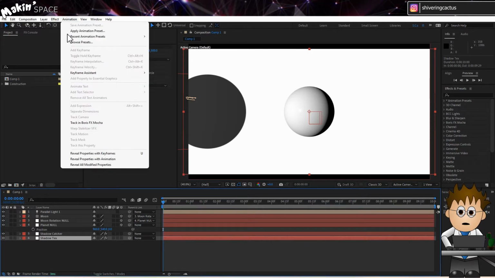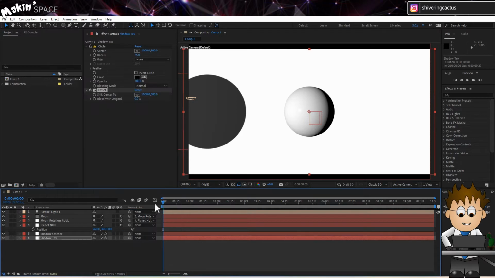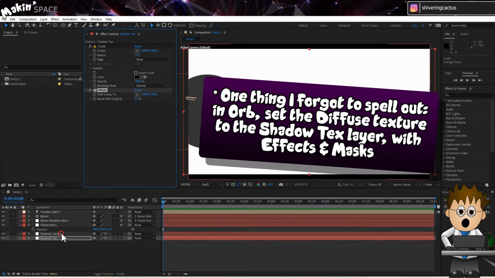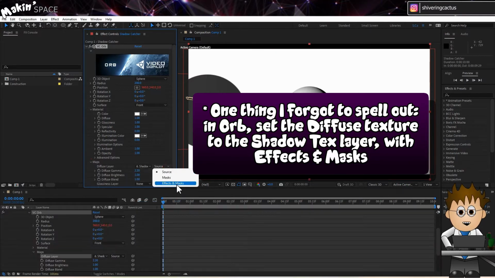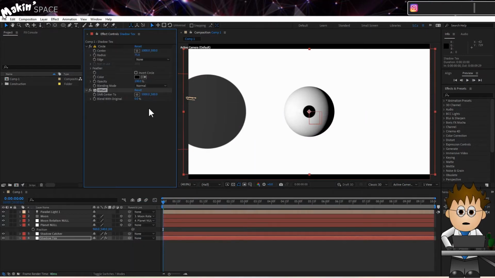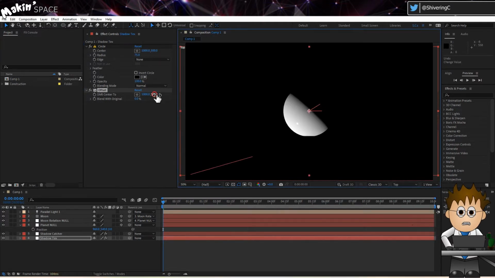With the Shadow Text layer selected, go to Effect, Distort, Offset. This effect can be used to create rolling frames, moving backgrounds, shift the edges of fractal noise to the center so it can be blended, that sort of thing. For us, it will allow us to reposition the circle anywhere in the texture and loop it back around. Switch the view to top, and using the offset's Y value, drag the circle up so we can see it